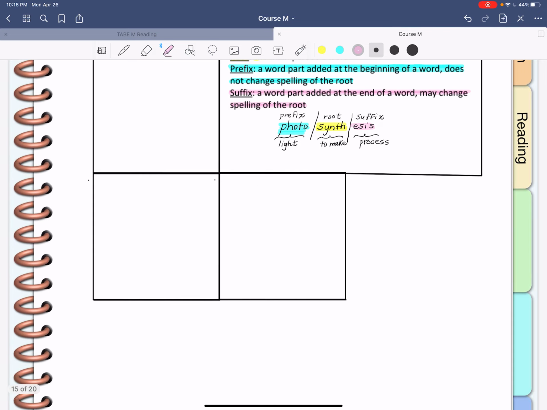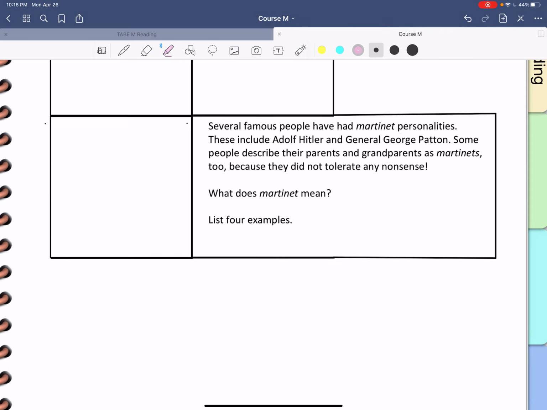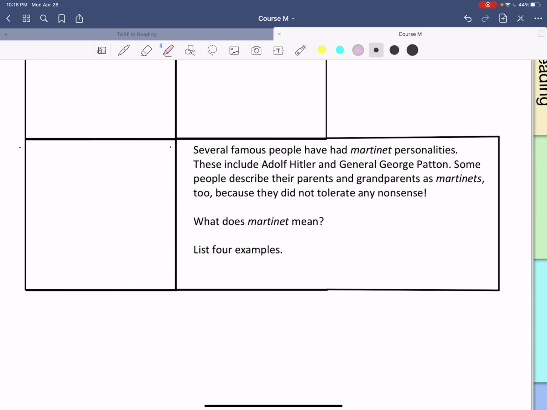Okay, the last one, the yellow one, is example. Using examples to understand unfamiliar words. So let's look at this one. Several famous people have had martinet personalities. So here is the unknown word. We're talking about people, personalities, and this is talking about famous people. These include